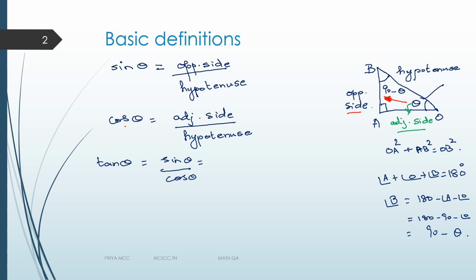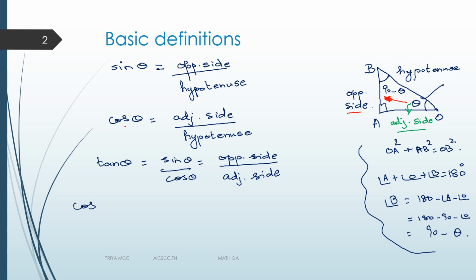So what would happen if I divide these two ratios? You will get opposite side by adjacent side, right? So it is not some new ratio. Okay, it is not some new formula for you to remember. Just remember there are three sides of a triangle. The opposite side comparing with the longest side is called sin theta. Adjacent side comparing with the longest side is cos theta. Tan theta is simply the ratio of sin and cos. Okay, don't learn it as something new.